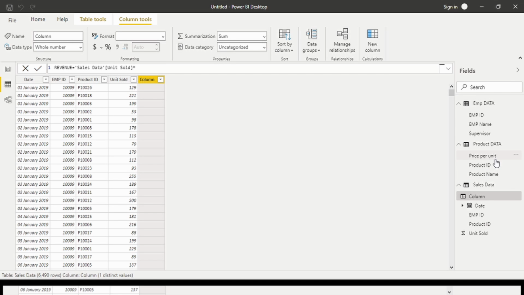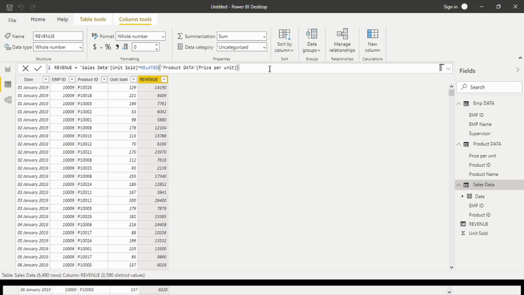Price per unit is in product data, but we made a relationship, so we have to use related. Write down related product data price per unit. Then click enter. Now all the data is calculated. So here comes revenue.